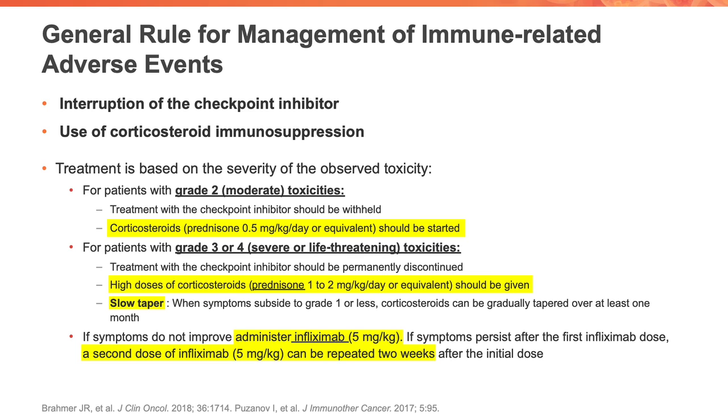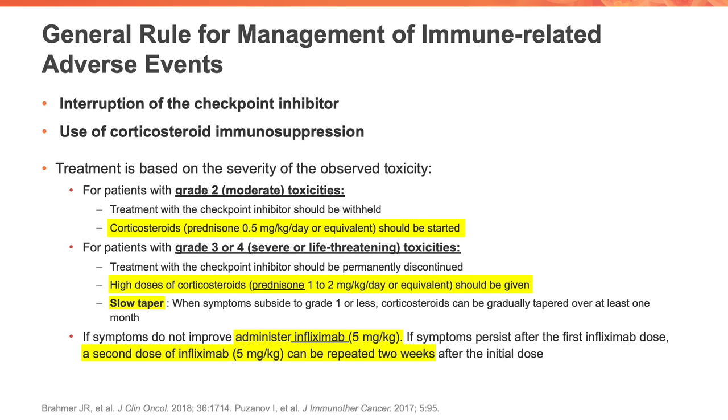For patients with grade 2 or moderate toxicities, treatment with checkpoint inhibitors should be withheld. Also, you can administer corticosteroids with prednisone of 0.5 milligrams per kilogram per day or equivalent. For patients who have higher grade toxicity, grade 3 or 4, or severe life-threatening toxicities, treatment with checkpoint inhibitors should be permanently discontinued, and a high dose of corticosteroids with prednisone of 1 to 2 milligrams per kilogram per day